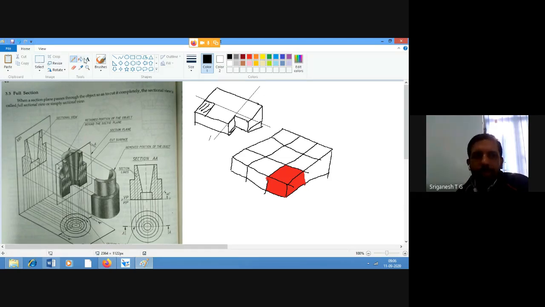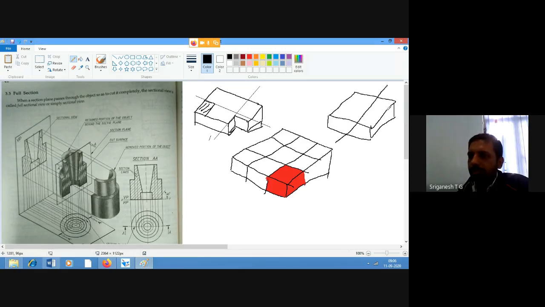Whereas in full sectional view, what is happening? In full sectioning, just like cutting a vegetable, we'll cut completely so that it becomes two halves, isn't it?